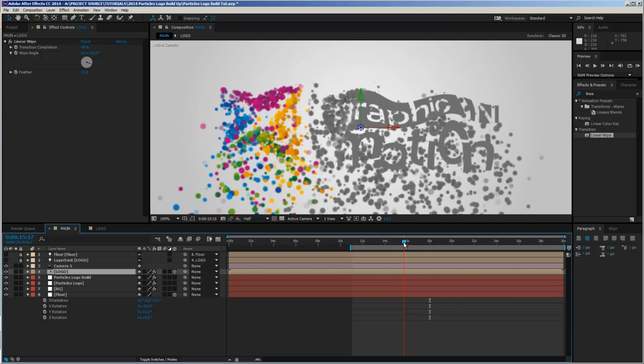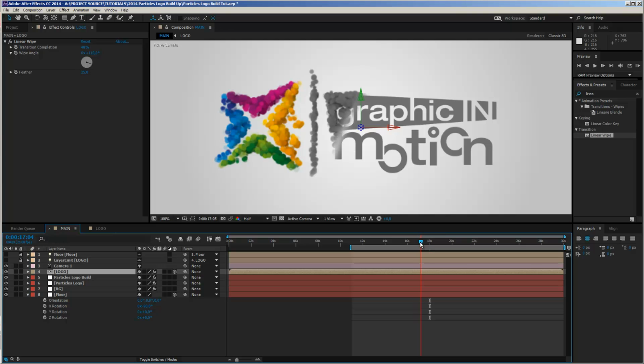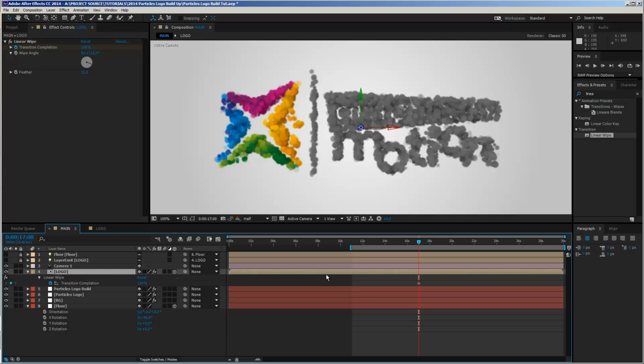So let's take a look at what is the right point in time when we will create this transition. The logo is formed at about 16 seconds. So let's say around 17 seconds, I want to create my reveal. So I will set a keyframe and set this to 100. Sorry, not to 100, to 0. I'm on my logo layer, yeah. And now I press U to reveal this keyframe. And let's say we want this to last half a second. So we'll put in 12 frames here, and then we set it to 0.